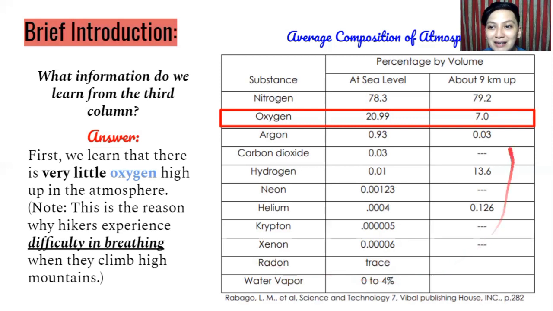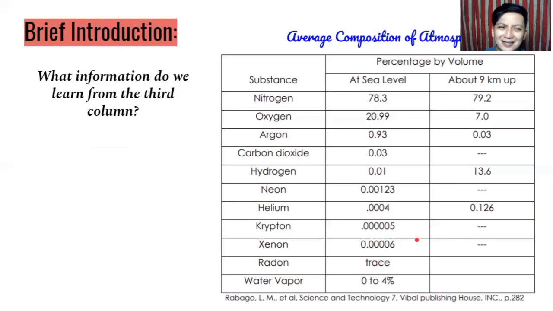Okay? So mataas na tong 9 kilometers up, this is above sea level na. Okay, kung nasa sea level ka, marami-rami pa. Am I clear? Kaya kung mas tumaas ka pa, mas konti na yung oxygen level. So mas mahihirapan ka nang huminga. Diba? And next, second question.